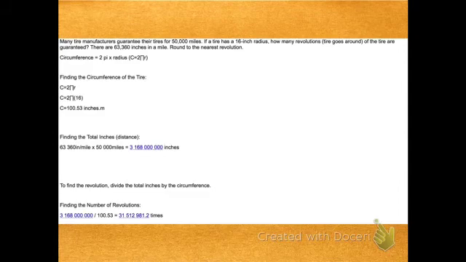And then you have to find the total inches, which is the distance. So 63,360 inches per mile times 50,000 miles equals 3,168,000,000 inches. To find the revolutions, divide the total inches by the circumference. So 3,168,000,000 divided by 100.53, and you get